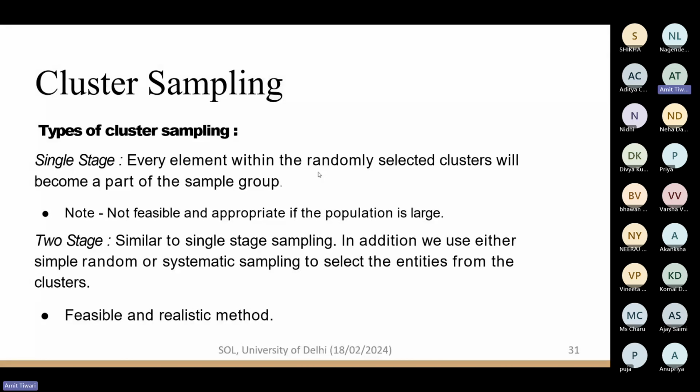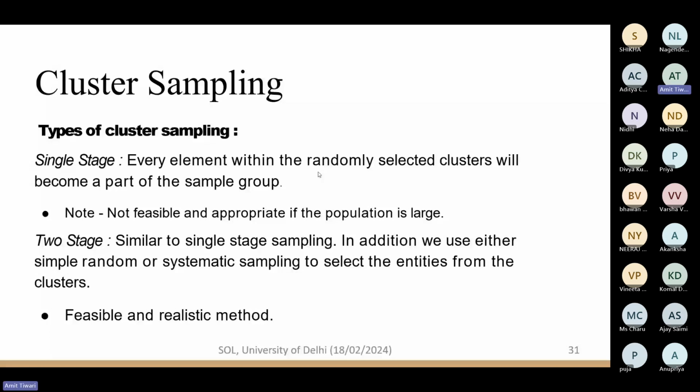That will be the first layer of cluster. And then in each colony there will be several households. So the first level will be colony, and the second level will be households. Then in those households you can take samples, you can do the survey with each and every household of that particular colony. So that way it is two-stage